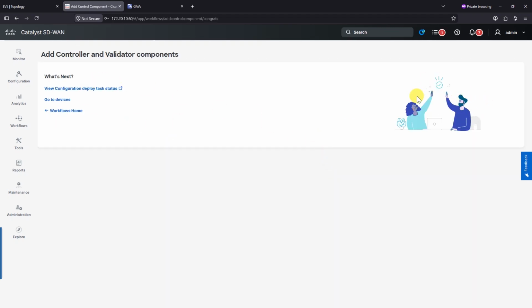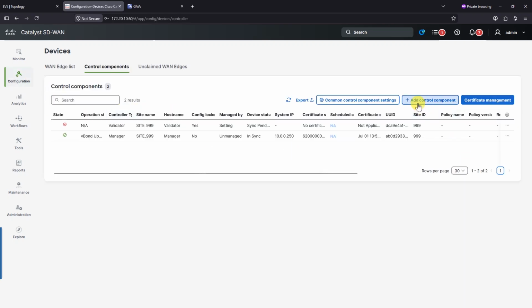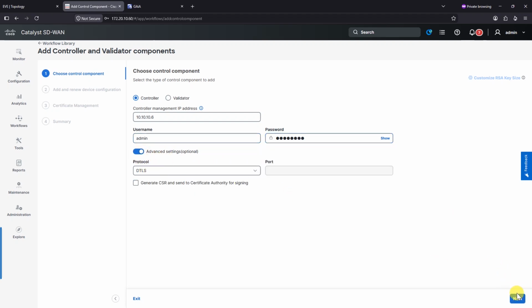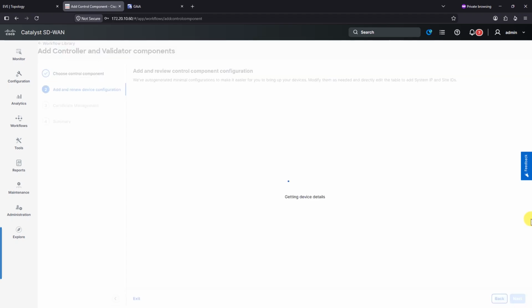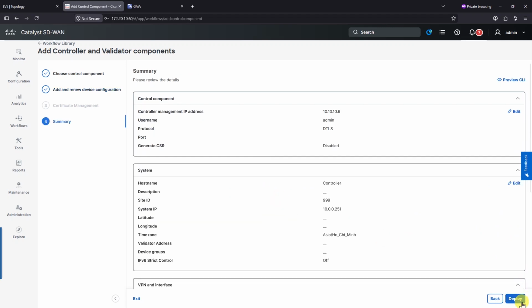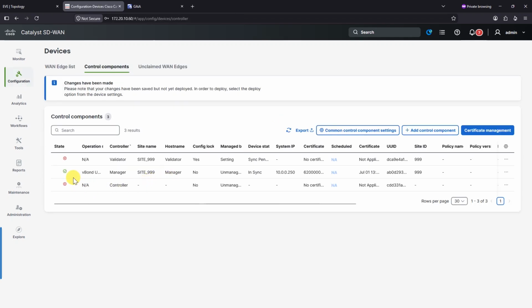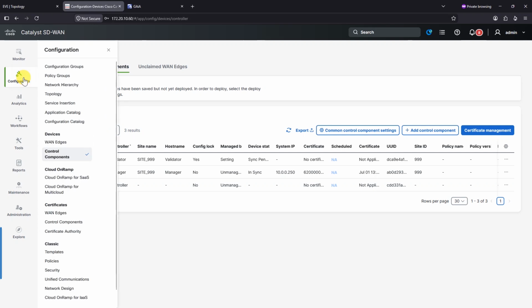Okay, so set right, and back to device and add the controller. Okay, when setting, okay, default. Okay, next and deploy. Okay, so set right to the device, and I have added the devices, but I need to install the certificate